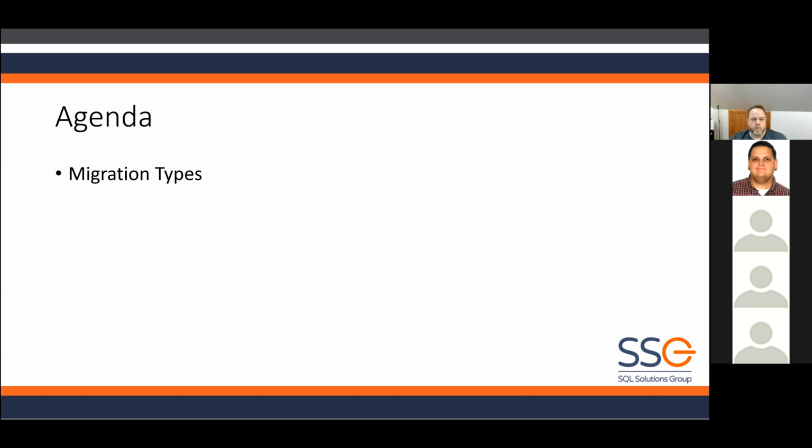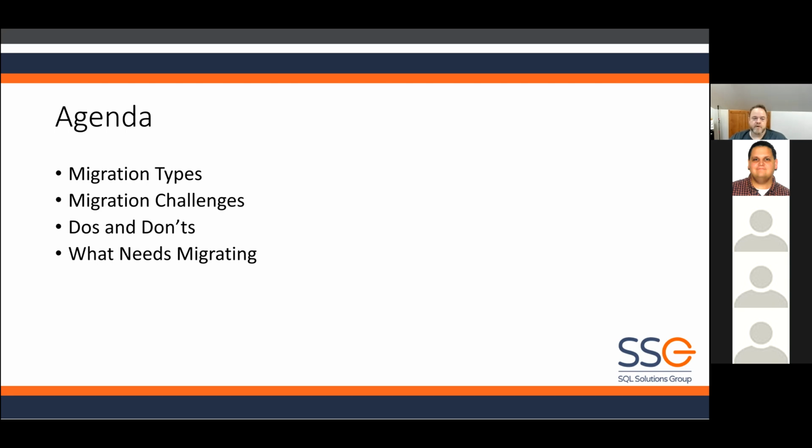Okay, what we're going to talk about in this presentation: the different types of migrations that you can do, what some of the challenges are that you'll run into, and do's and don'ts. What do we need to migrate? Obviously, databases are the biggest thing that we're migrating, but it is certainly not all of it, right? So we'll talk about all the different things that you need to be thinking about when you're migrating from one server to another. We'll talk a little bit about compatibility levels, because that's important, and it's one that I would go so far as to say is almost always missed in upgrades. And then the